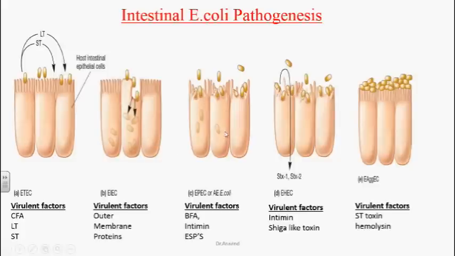And enteropathogenic E. coli always enters into the GI tract and attaches to the epithelial cells, enterocytes, with the help of bundle forming pili or colonizing factor antigen. After attachment, they will secrete E. coli secretory proteins into the cells by the type 3 secretory mechanism. They will inject the E. coli secretory proteins into the cytoplasm of the cell. So we can see a conformational change.